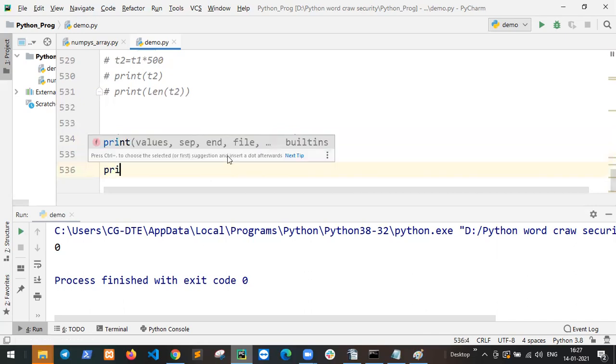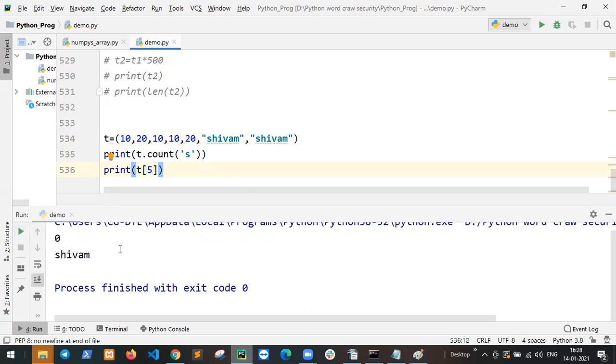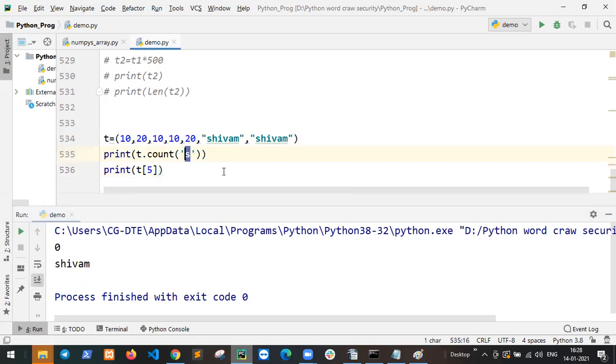If I say print T of 0, 1, 2, 3, 4, 5, okay, so Shivam. At index 5 is Shivam, not a single S. Got it?